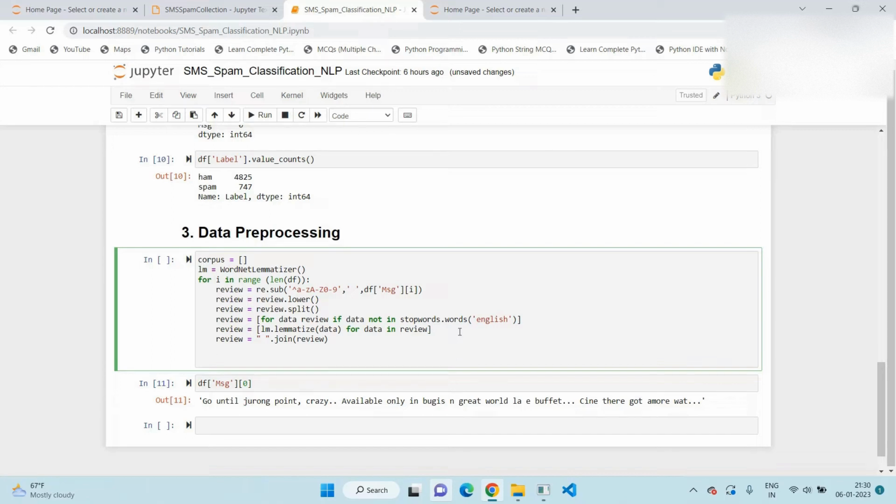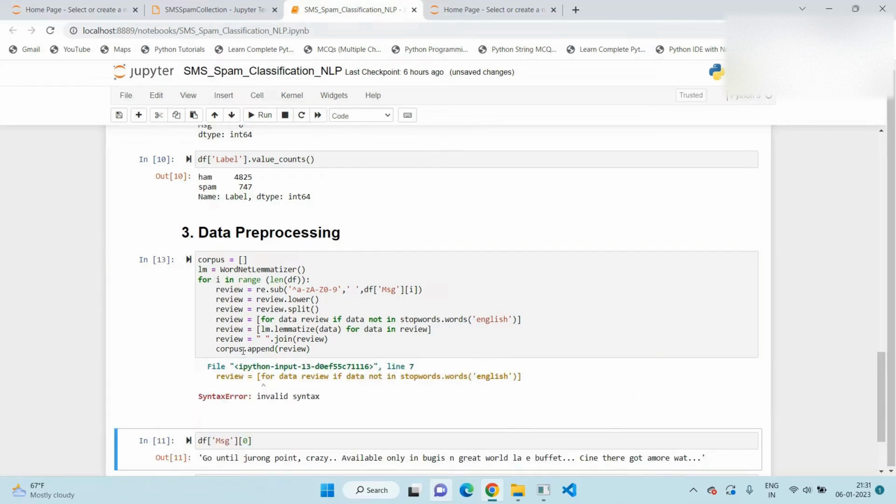Now we append the final pre-processing output into the corpus list which we already created. In the list there is one function, append. With the help of this we append all the pre-processing final output into the corpus list. So in this corpus list, clean messages are now available. If we execute this,